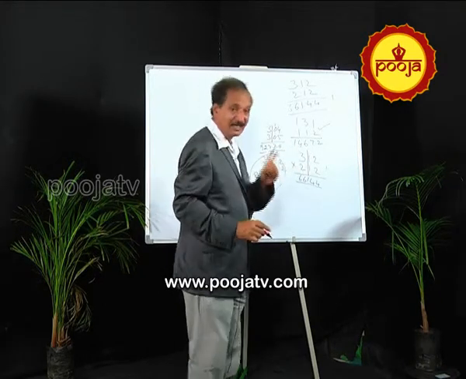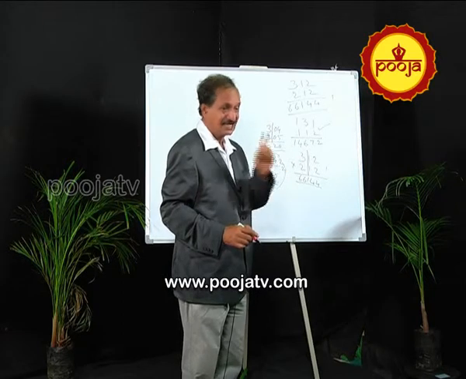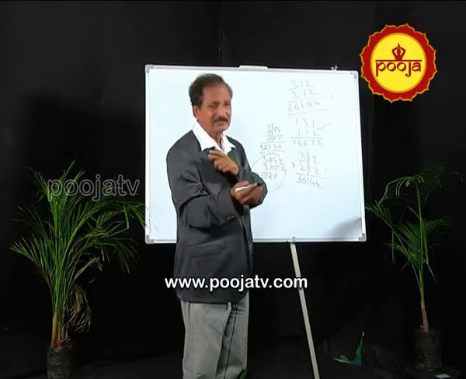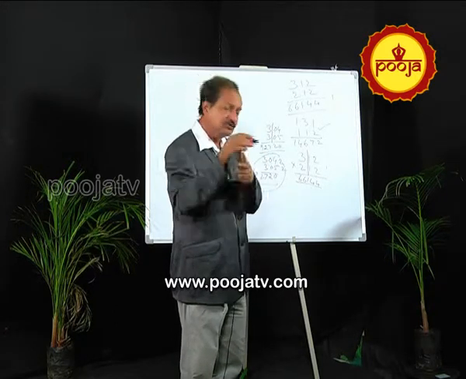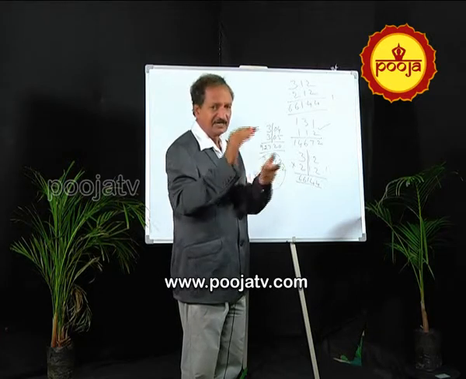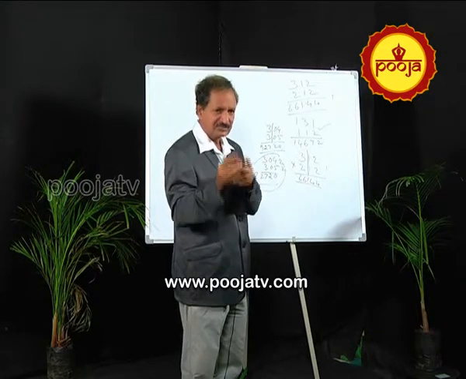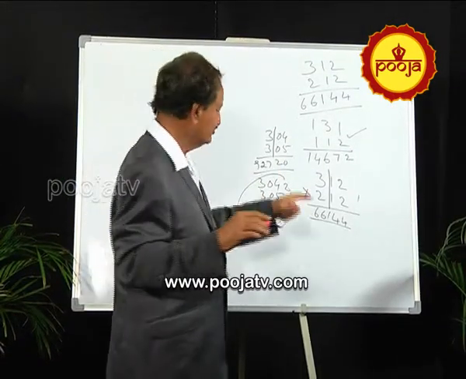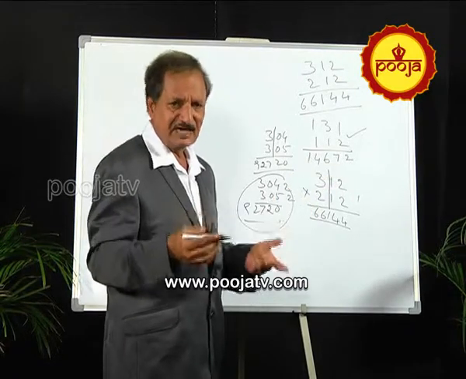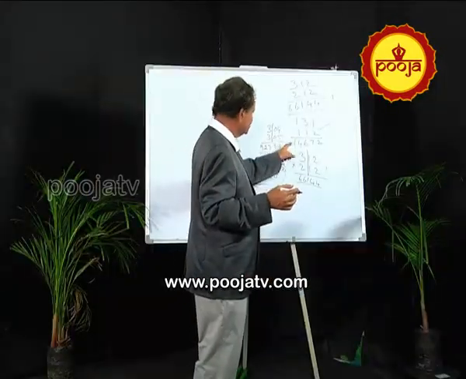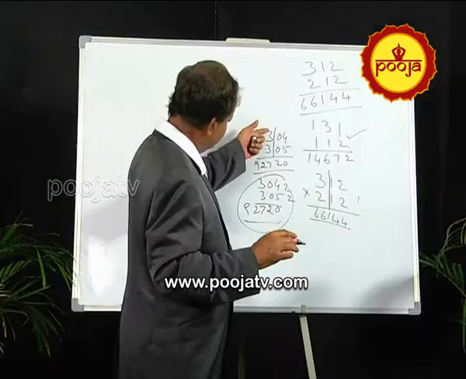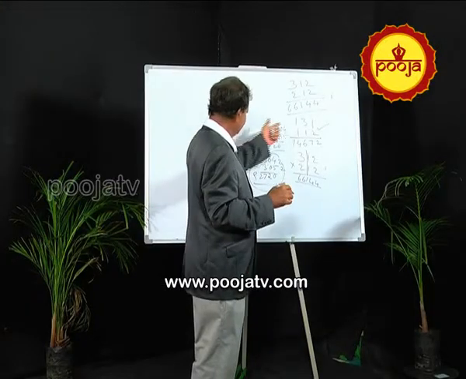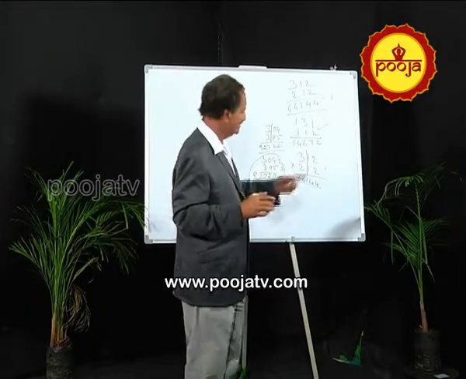That is why I clearly told you 3 methods. First give a slash and try to multiply. If it is not possible, then see whether it can be converted into speed math. 398 into 298, you convert either one of them. 398 into 204: 204 don't touch, 398 you convert. Like that, those 3 methods will help you instead of using crisscross. If you use those, time is saved. But this crisscross is final. It can be applied to 304 into 305, or 394 into 395, or 394 into 305. All the 3 methods are there, but this is final.